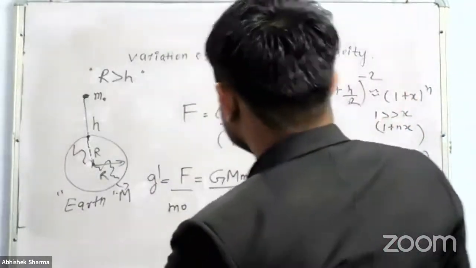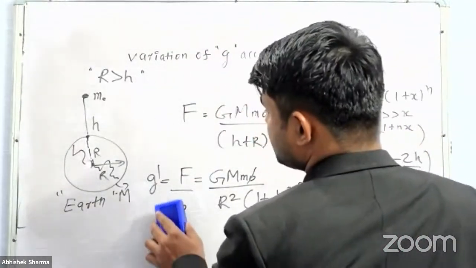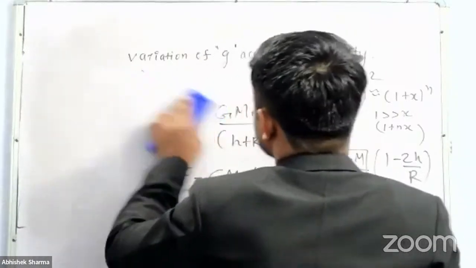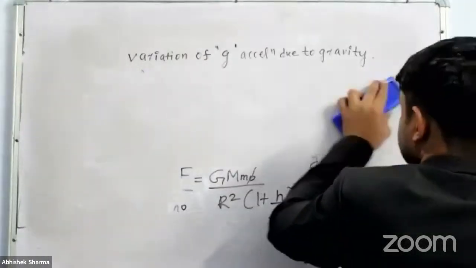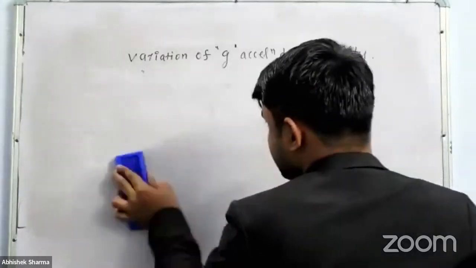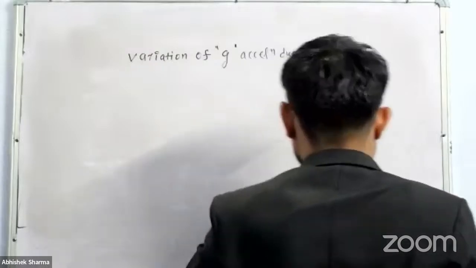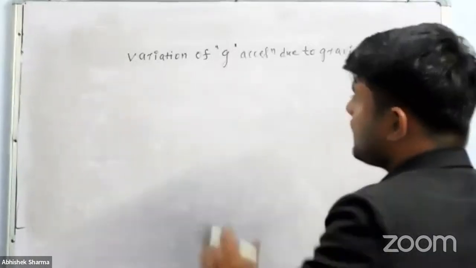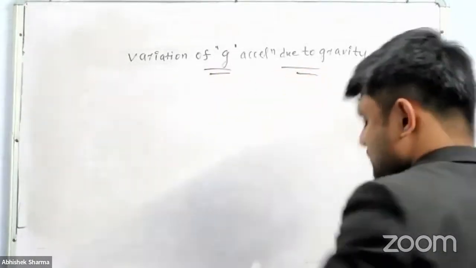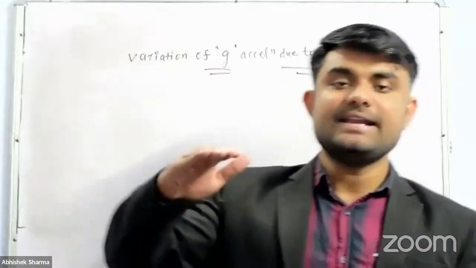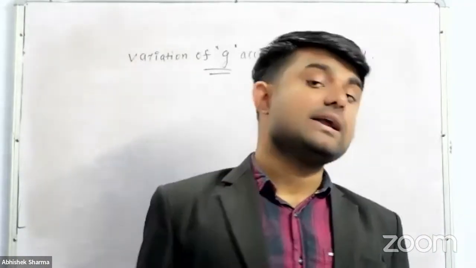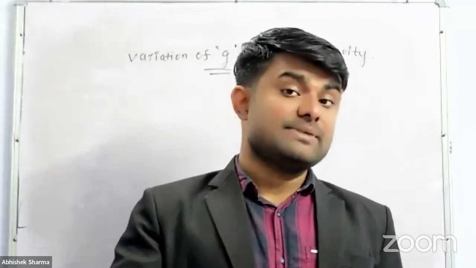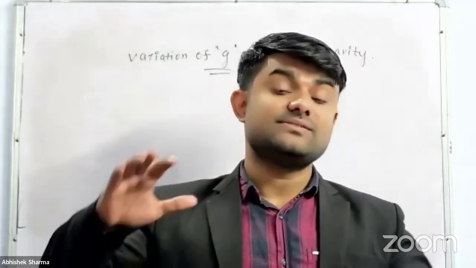Okay, so now let's change a few of the things, all of the things basically. Okay, let's start. So now we have already seen how the acceleration due to gravity expression changes at height h above the Earth's surface. Remember that height must be less than the radius, because mathematically, if that height is greater than the radius, it basically means that you are on the verge of going outside of the Earth's gravitational